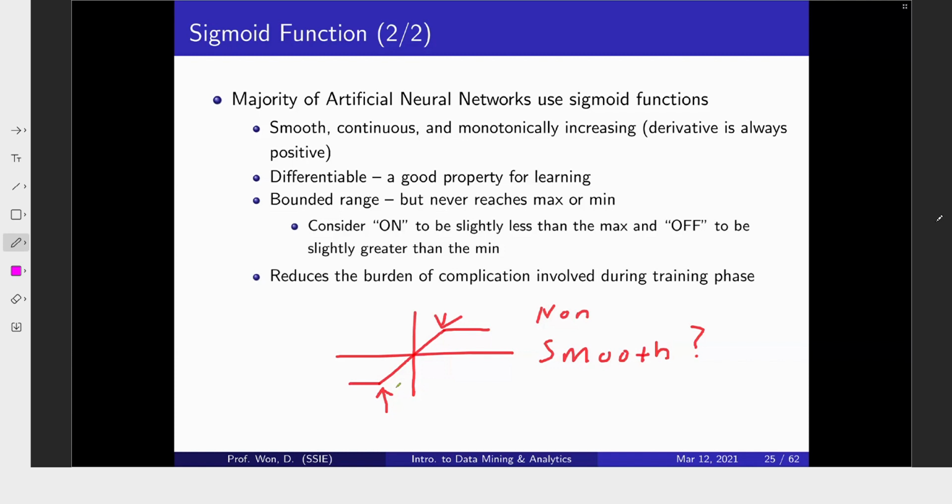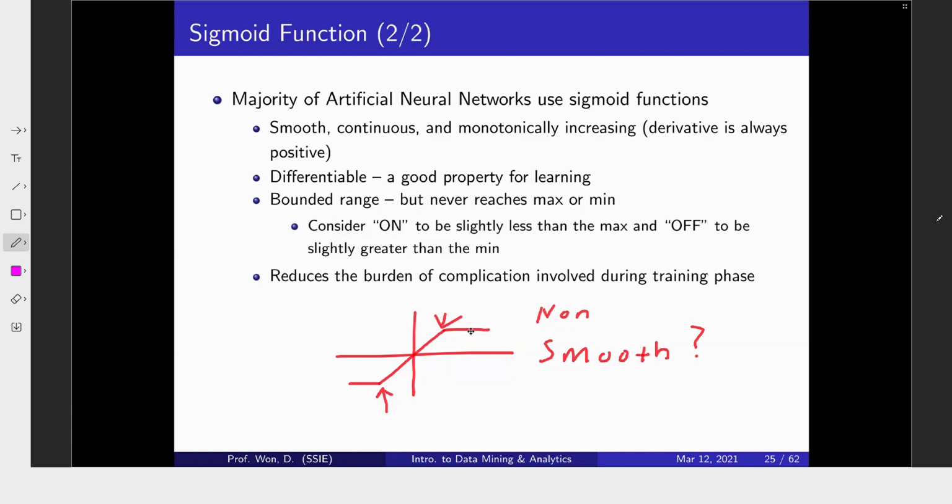In order to figure out the maximized points, we used to apply derivative. But if the sigmoid function is kind of non-smooth, then we cannot consider derivative,